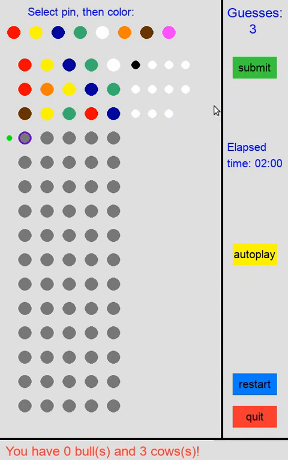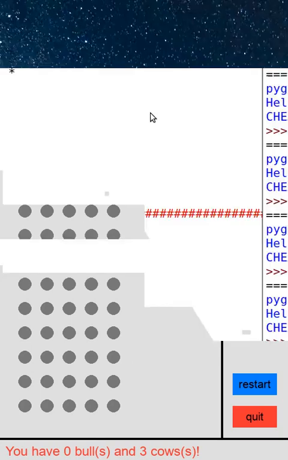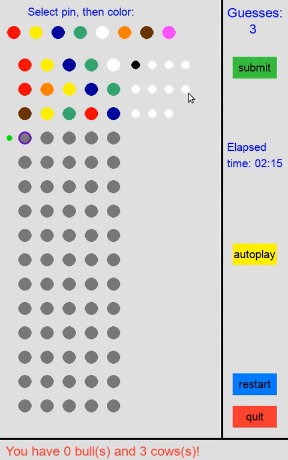When we do this, we get now only 3 cows, meaning yellow was not the bull in the first row, and this also means that orange is present in the secret sequence, because from the second to the third guess we omitted orange and we got worse here. So orange is present and brown is not. So let's assume that blue was the bull in the first